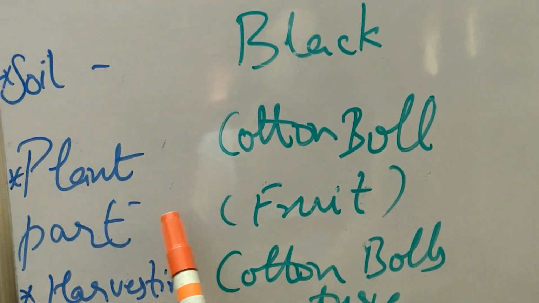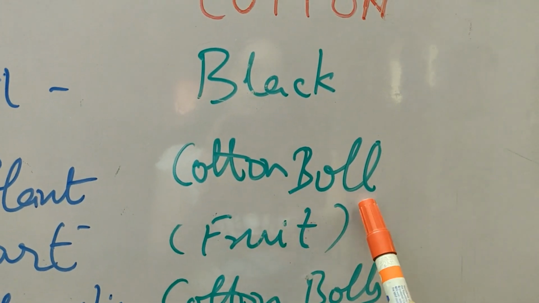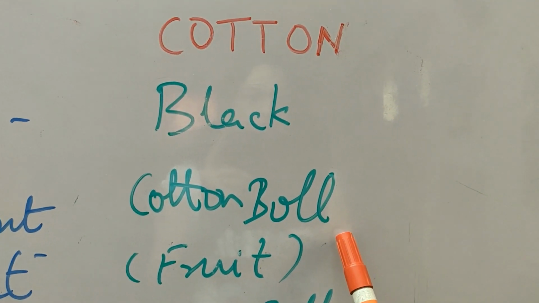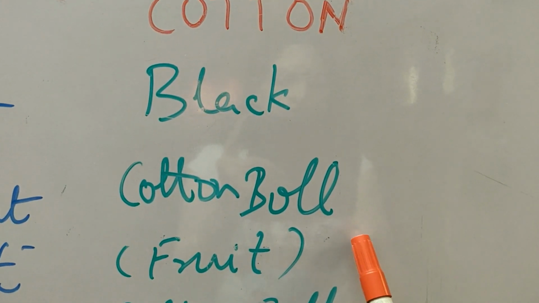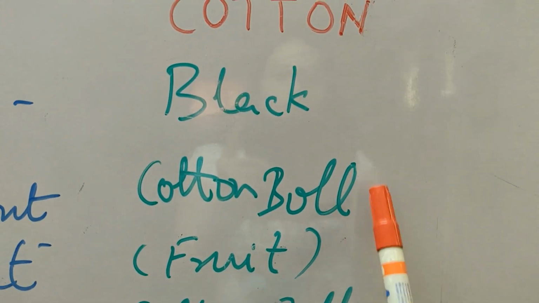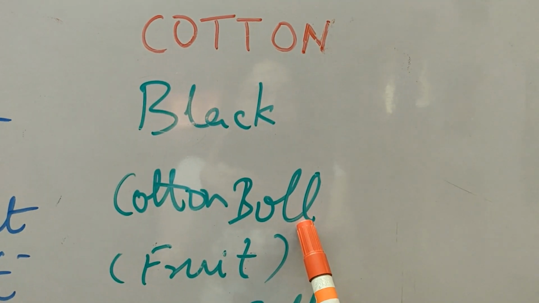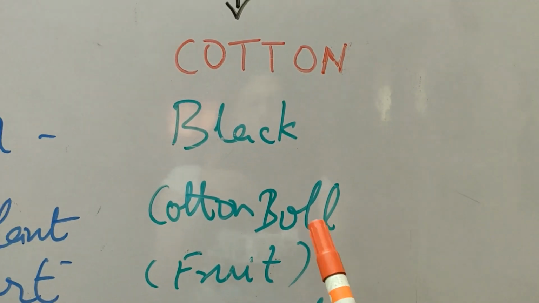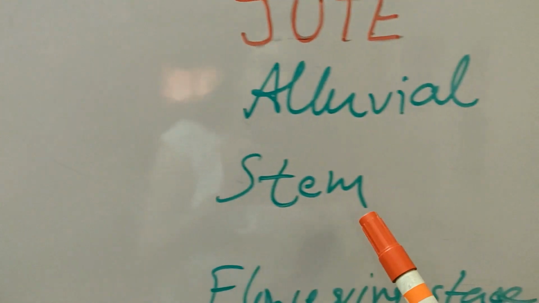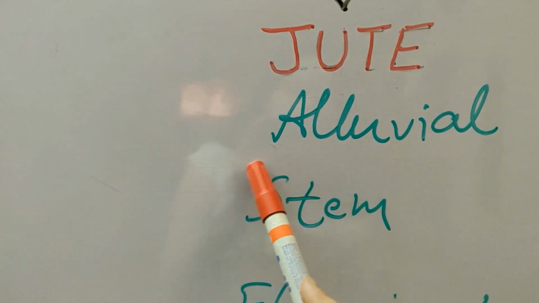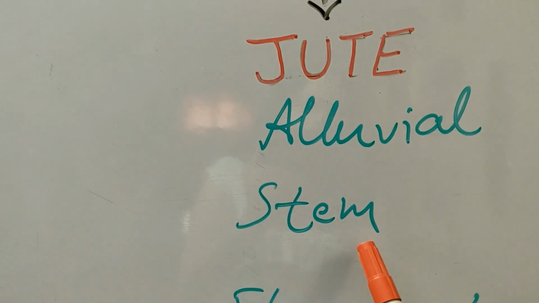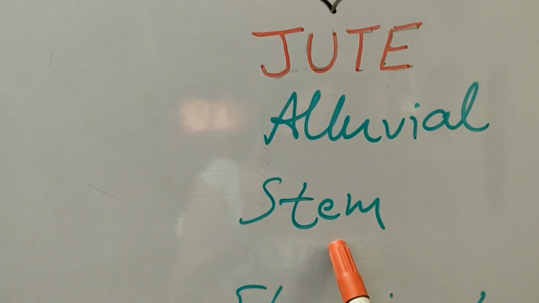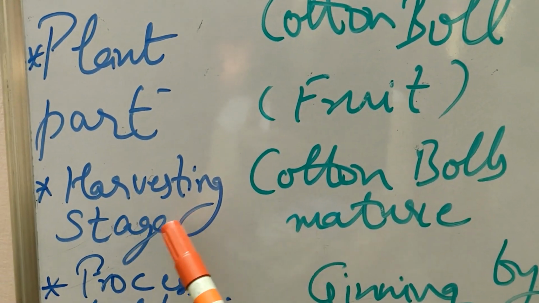Okay. Now come to the plant part. The cotton ball is called the fruit of the plant. Its picture you can get from your PDF of the PPT. In the PPT, the picture of this cotton ball is being provided to you. From there you can see the plant part and the cotton ball picture. Actually this cotton ball provides the fiber to us, cotton fiber. Then in jute, the stem provides the fiber. Its picture is also given in the PPT PDF, and from there you can see how the plant looks.